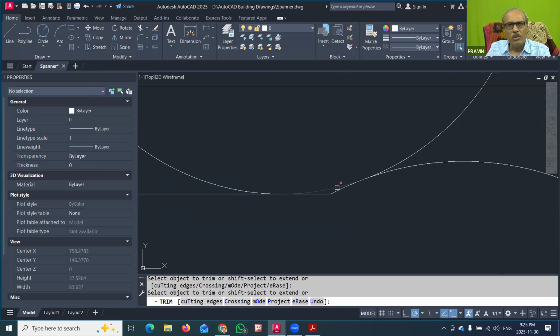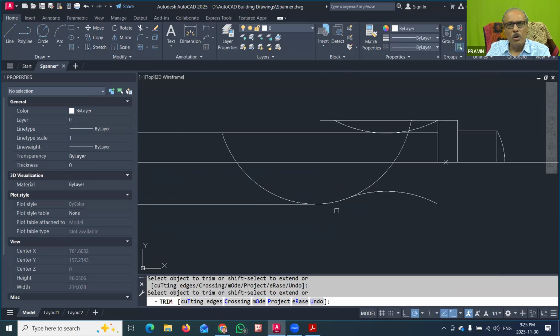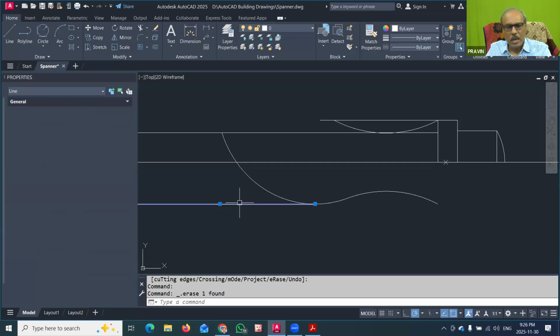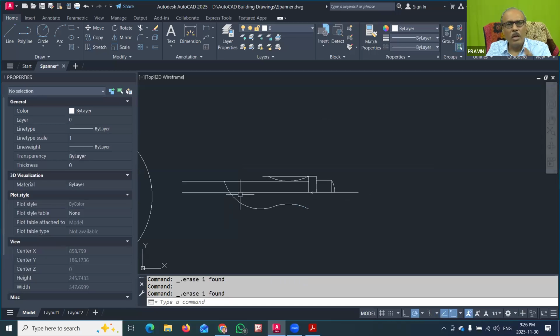And you can just see that now this was done properly. So you can trim this and this part. So now your handle is joining smoothly. So this is possible. So this I will delete. So half part was completed. Now I can also delete this line, and you can mirror this part on the upper side.